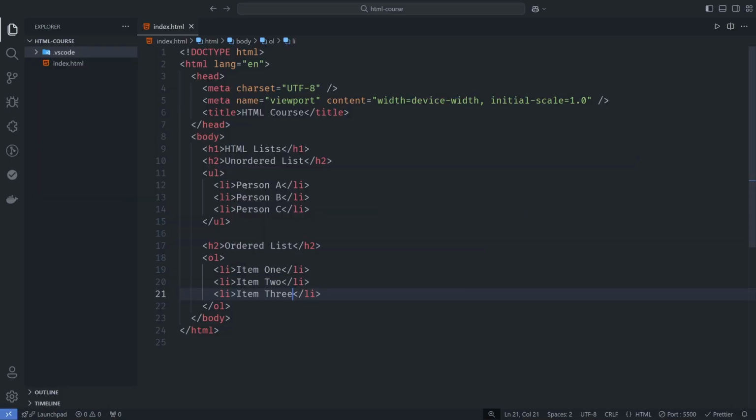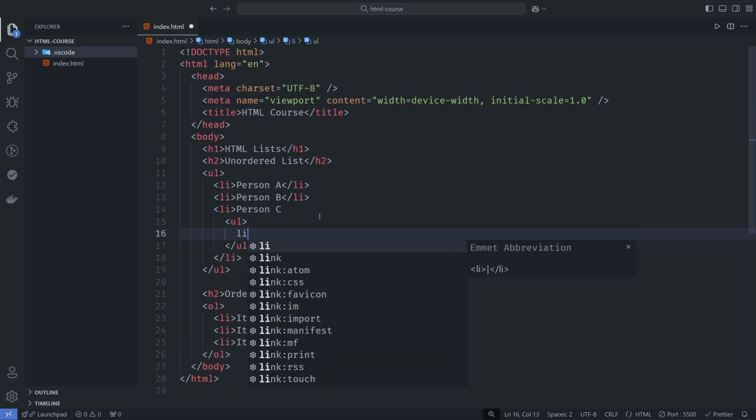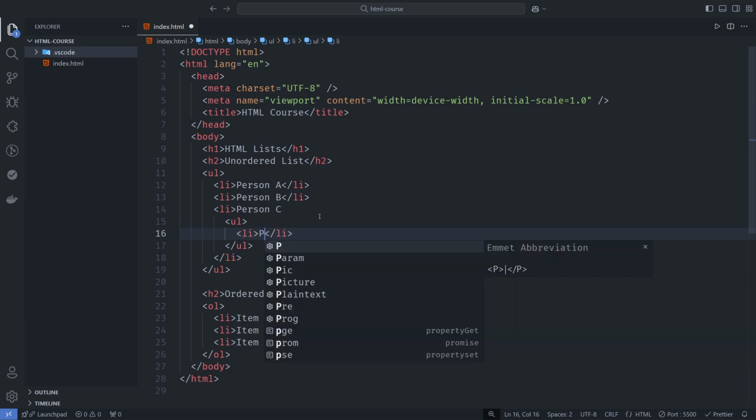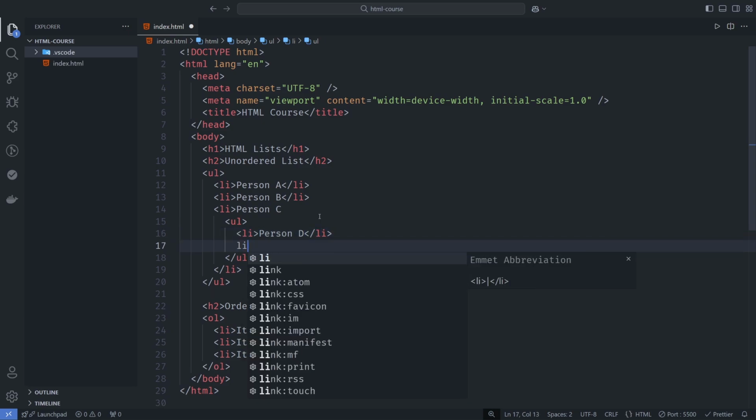So I can just go to the code editor. Now here inside of the list item of person C, we can create another unordered list or ordered list, whatever you want to create. I will create the unordered list. So I will do the ul tag, and inside of that I'll create once again the li tags, and here person D, and I'll create another one,